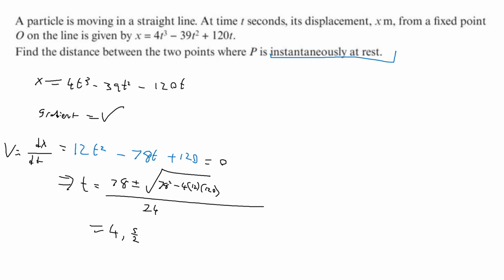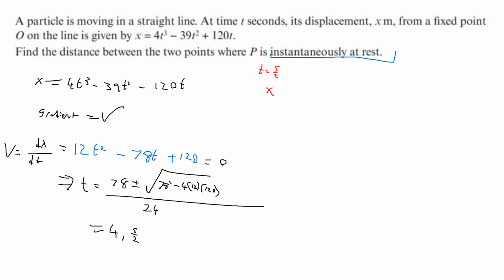All right. Now, how are we going to work out the distance between the points at which it was at rest? Well, the first thing we do is we need to find x when t is equal to